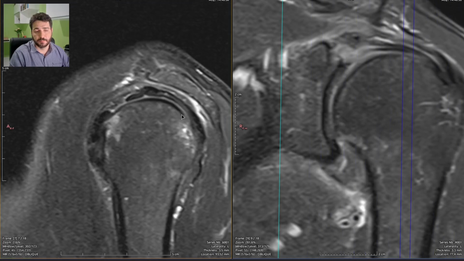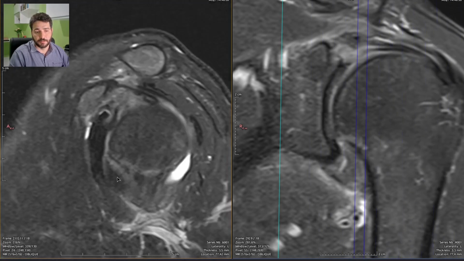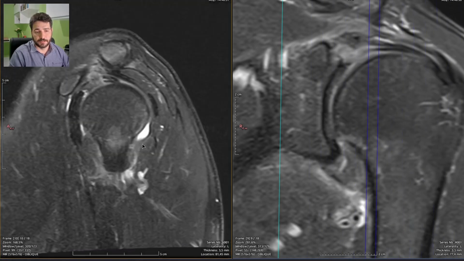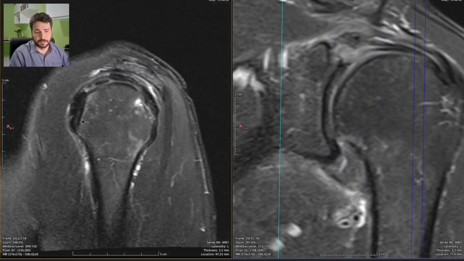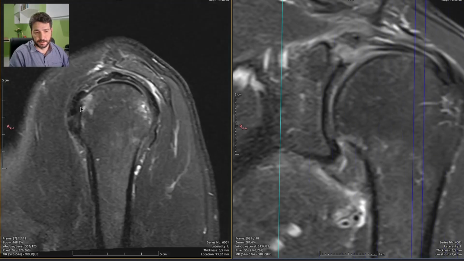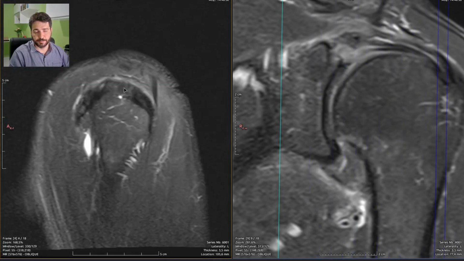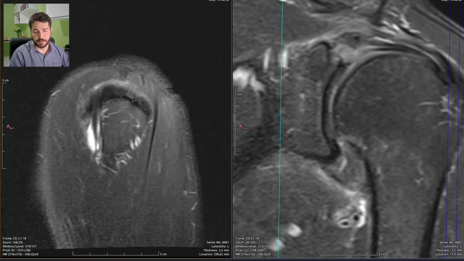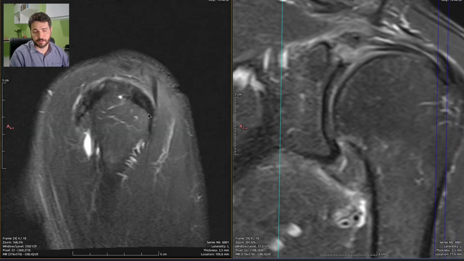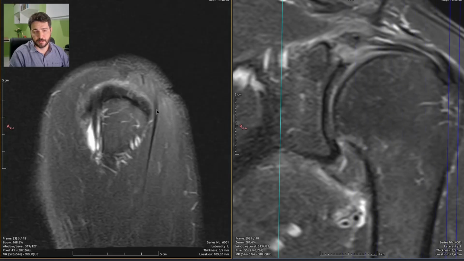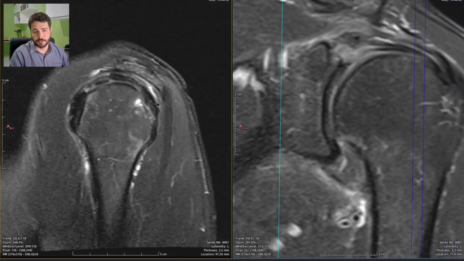This is very common. We can also tell on this sagittal acquisition that indeed the subscapularis tendon is bad, the supraspinatus tendon is bad, and the tip, the anterior extremity of the infraspinatus tendon is also